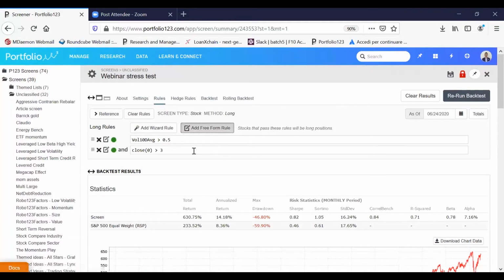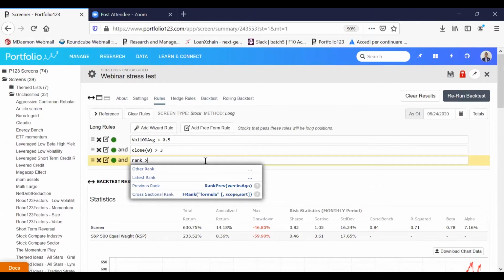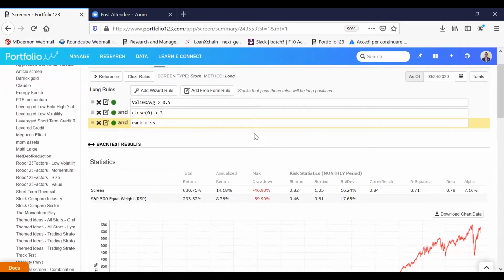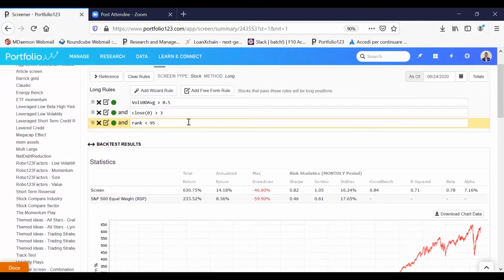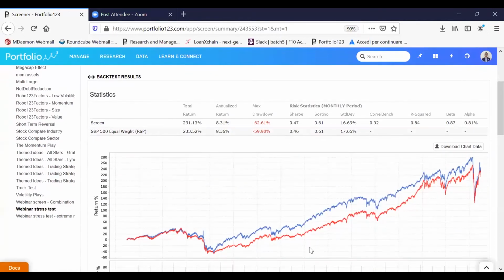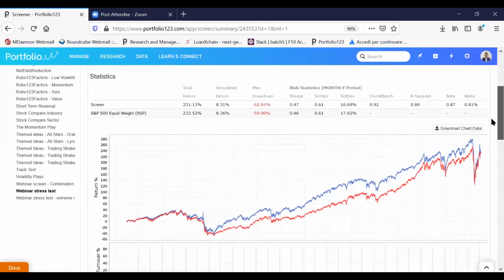of course, we're not going to stop here, and so we are going also to select a different bucket. Compared to the rank performance test that we did before, we are going to try to select a different bucket. So let's say excluding the top 5%, and see if this performance is still there. As we can see, this is not happening, and so probably this strategy still doesn't have